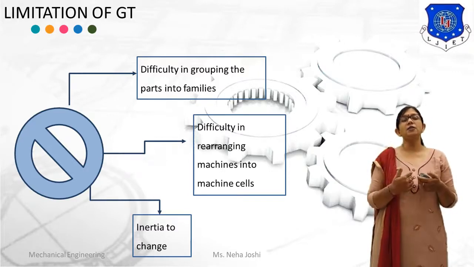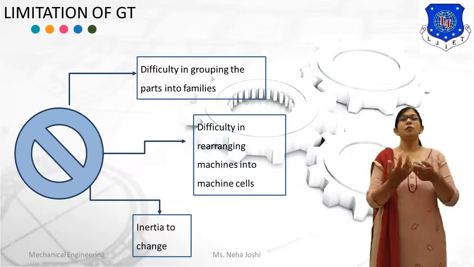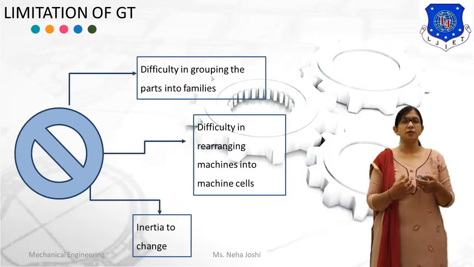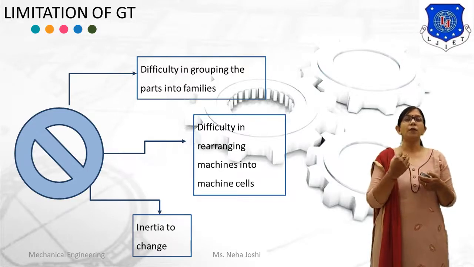And the last limitation is inertia to change. Normally there is a resistance from workers to any change in the manufacturing system. So this is what we had about group